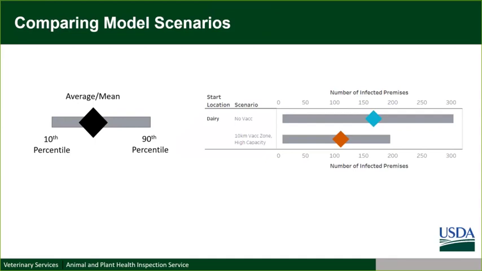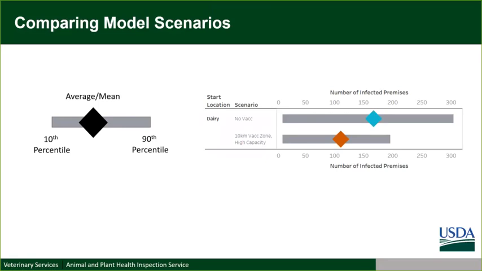just to get you to see what we're about to present here, we run multiple iterations of a scenario to get a range of outcomes. You can think of one iteration being one outbreak possibility. And so to compare scenarios across all those iterations, we're going to do that for this presentation by comparing the mean, which is the diamond that you're seeing. I don't know if my cursor shows up, but the diamond that you're going to see on the slides represents the mean. And then the range of all the different outbreak possibilities that we see is going to be represented by these gray bars. So it's representing the lower 10th percentile and the upper 90th percentile ranges for the outbreaks that we see.